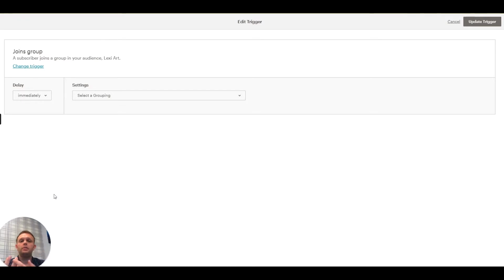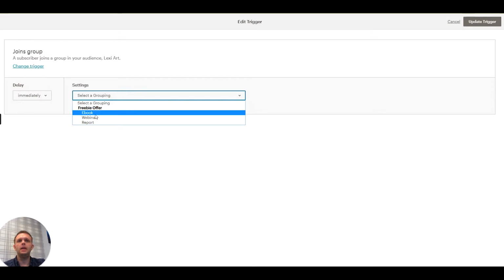they join a group. Now that joining a group is now going to be the trigger for the automated email, because we can select exactly which group, as we can see here, because we've told it to go straight into the ebook group, this trigger is going to be when somebody goes into the ebook group. So although you're going to have 3 different sign-up forms, if somebody signs up for the webinar one, this email that we're setting up now will not be triggered. Okay, you set up one for the webinar delivery, and that's the one that would be triggered. So this one we want it to be triggered under ebook. Okay, so we'll update the trigger,